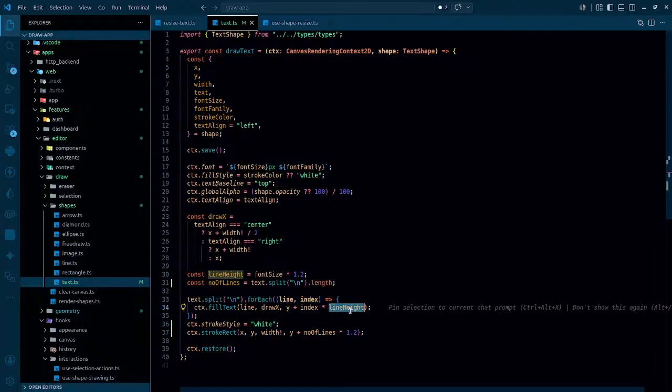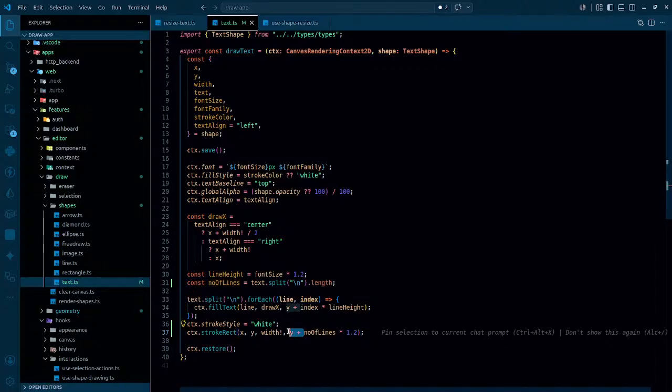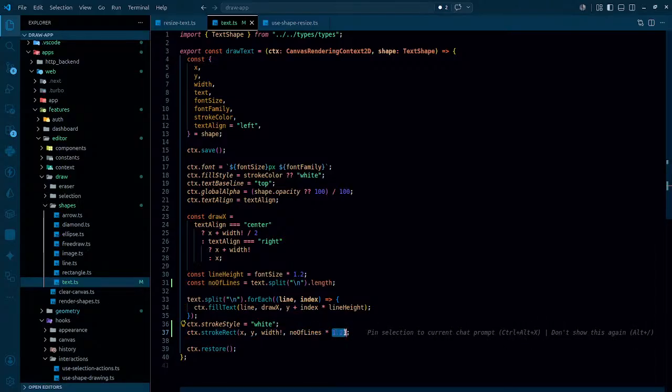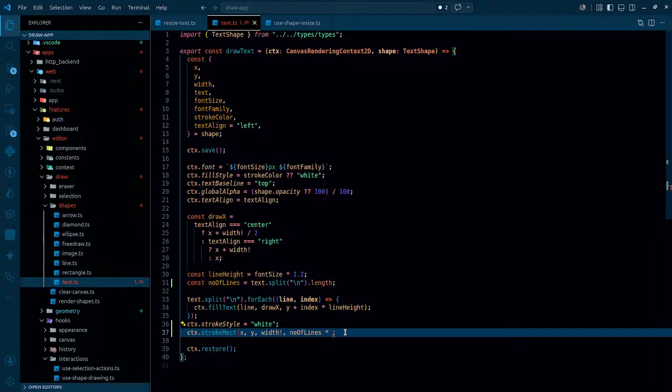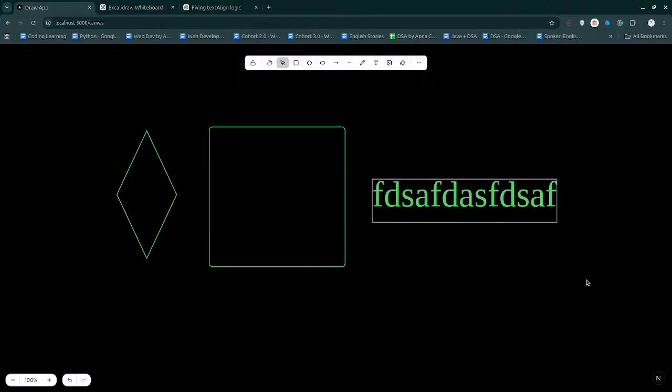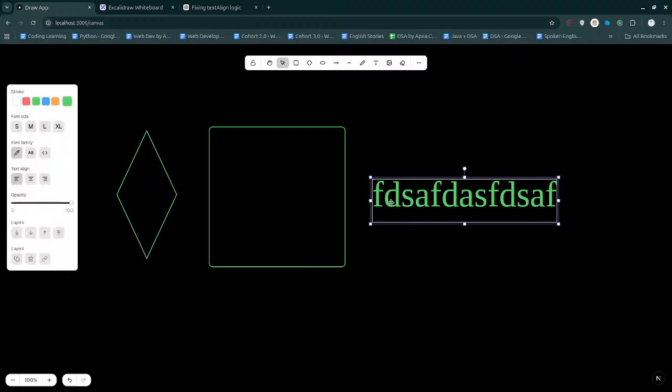Line height is something that's coming from here, font size by this. So the size of one line is equal to this much. So in that case, line height, this should be fine. Yeah, here we are. So this way we have it right now. And if you actually look, this is the exact